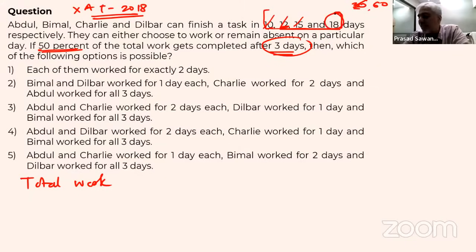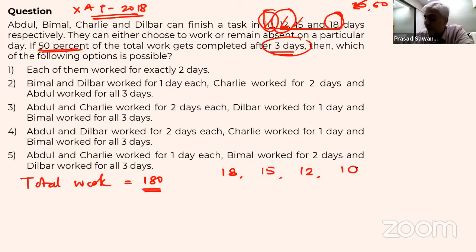So LCM is 60 now. 60 and 18, which means there is a 6 common, no problem. So I need a 3 more. So that is 180. So total work, I will take 180. Who's doing how much work per day? A takes 10 days to do the work, which means A is doing 18 units of work. B is doing 180 divided by 12, 15 units of work. This one is doing 12 units of work, and this one is doing 10 units of work. And now what do we know? In 3 days,